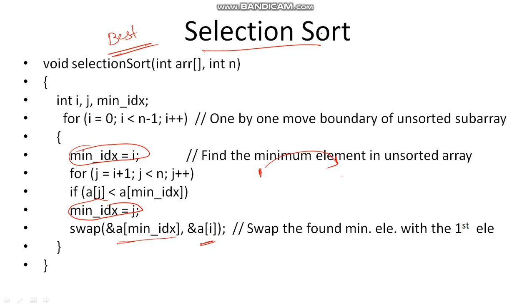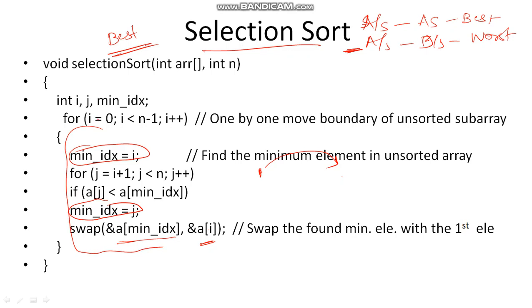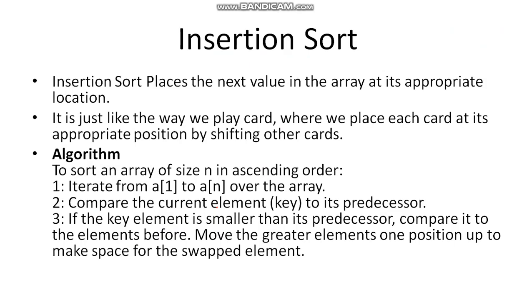What is the best case input for selection sort? If you want to sort in ascending order, and input is in ascending order, this is the best one. If you want to sort in ascending order and input is in descending order, or vice versa, then it is the worst case input. So this is the third one, wherein we are identifying the smallest element and its index, and finally we are trying to put the smallest element at the appropriate position. So this is all about the selection sort. Let us move on to the insertion sort.